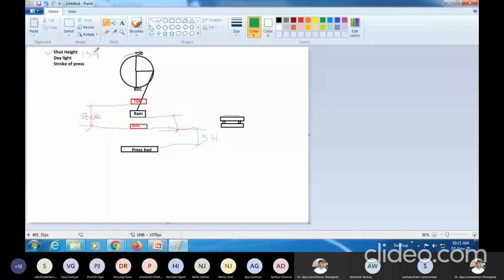Same distance, when the particular RAM is at TDC position, we will also get a similar distance there. So we will get this particular distance. Now that I will call daylight only. So daylight and shut height are the space between the RAM and the press bed, the only difference is at what position it is, correct?